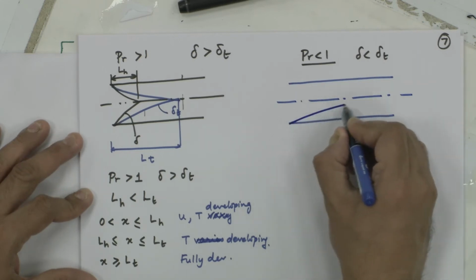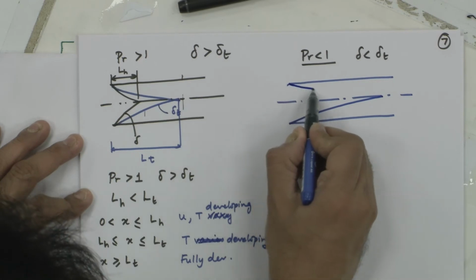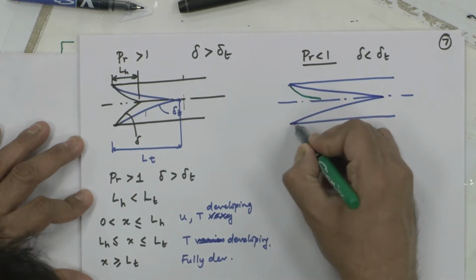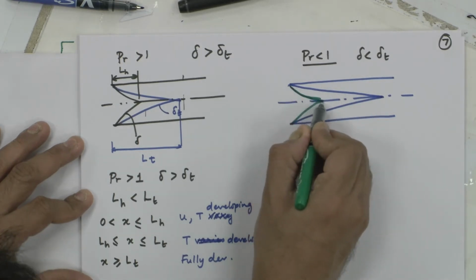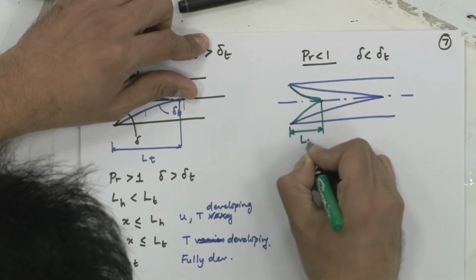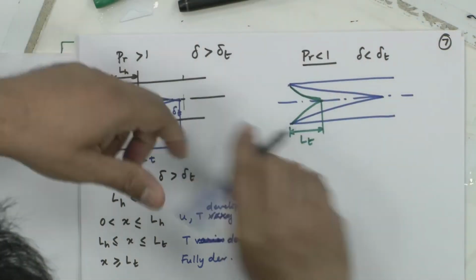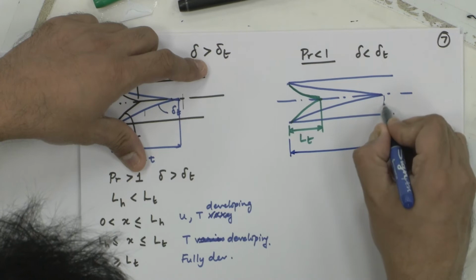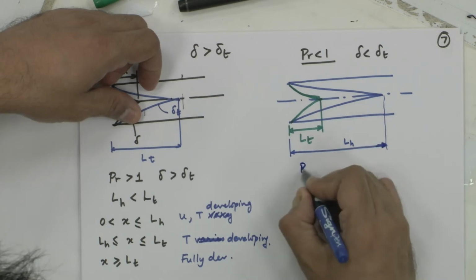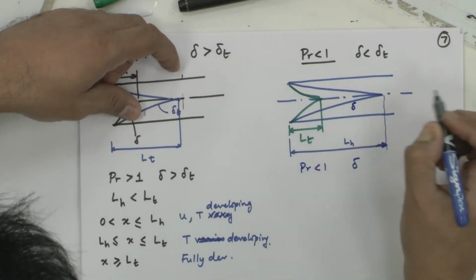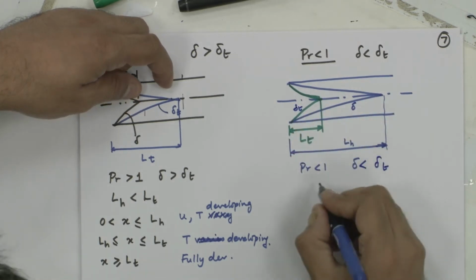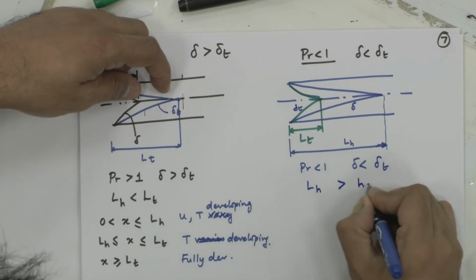Delta grows at a slower rate, so it is going this way, whereas delta T grows very fast. Sorry about that, this is delta T. So, delta T is here, thermal entrance length is here, whereas the hydrodynamic entrance length is this one, LH. Pr less than 1, this is delta, this is delta T, delta is thinner than delta T, LH is greater than LT,